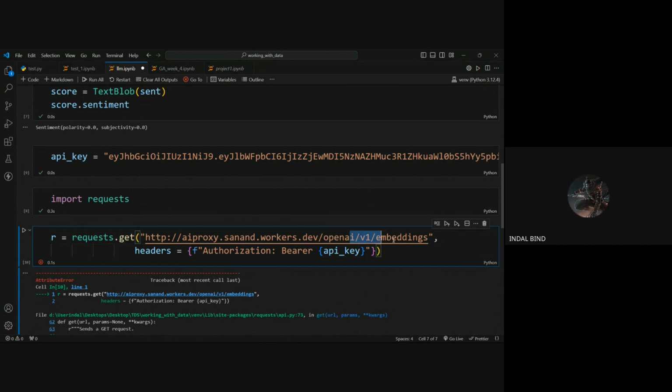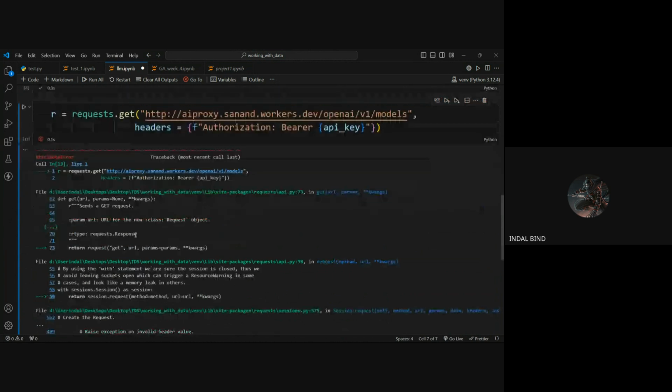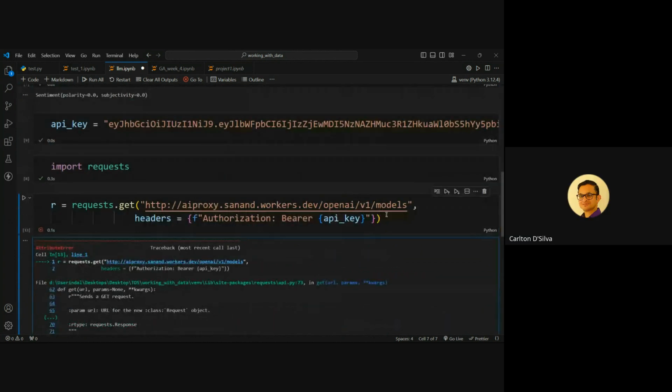Okay. So what do I change here? Over there you change the endpoint to say models instead of embeddings. Here I change embeddings to models. Okay. Now try, run and try. Yeah, I run it. Set object is not included. Go up again. Let's see what else is possibly wrong with it.